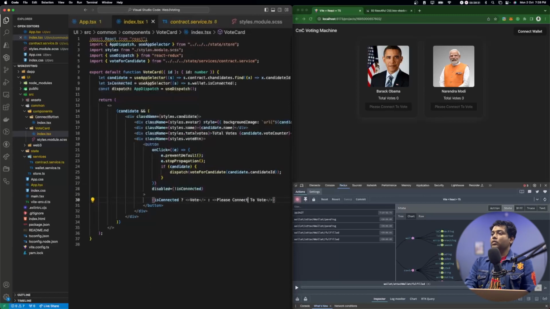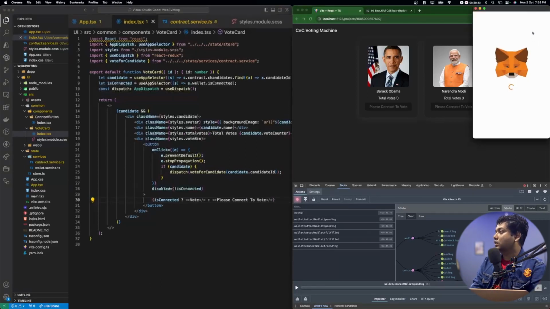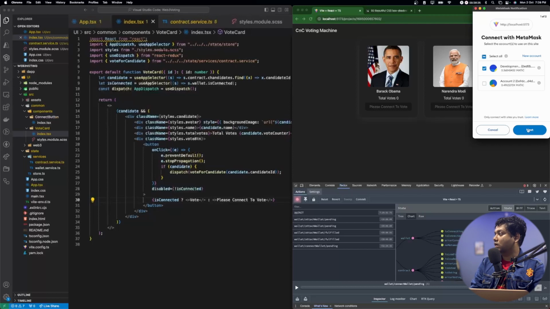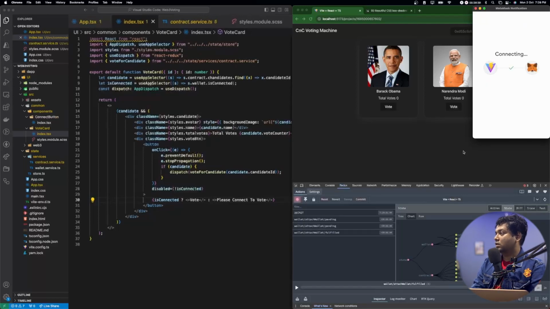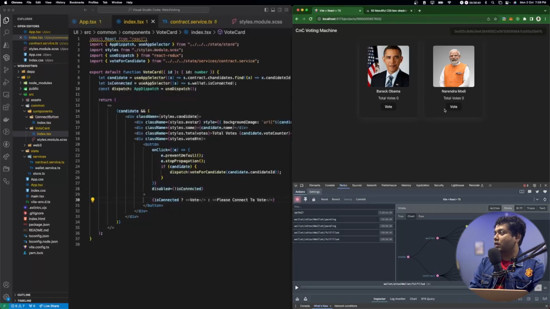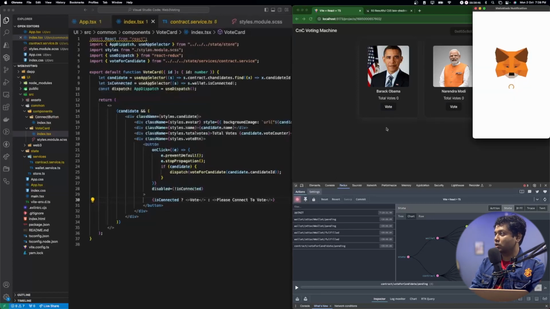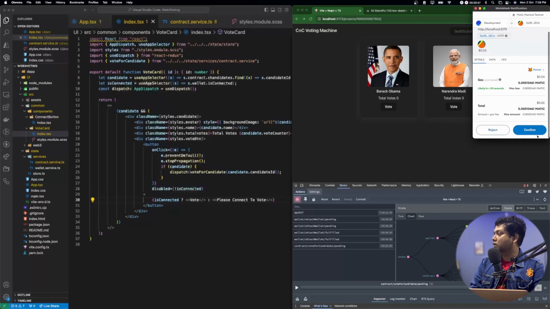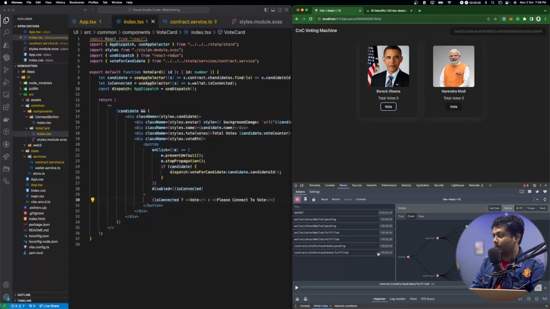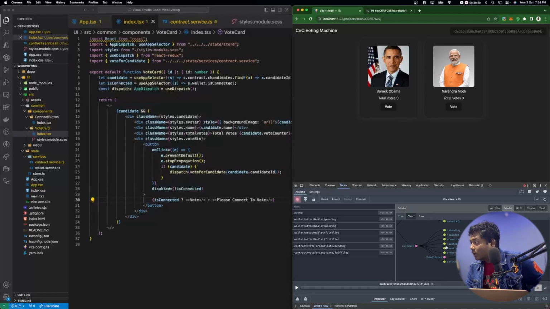Yeah. So right now we are not connected. Let's connect the wallet and see how that looks. Cool. So we have our buttons ready. Now if we click, this should open up our MetaMask. Cool. So let's confirm. Candidate vote is voted. I think it's voted. Voting, voted. Oh, looks good. Voted is true. Candidate values still vote counter